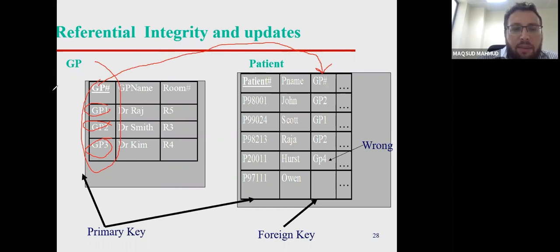So for example, this is about hospitals. GP is not gross product. It's the GP, general practitioner. General practitioner means like the doctor basically. So when this primary key becomes like a foreign key in that table, it becomes like a